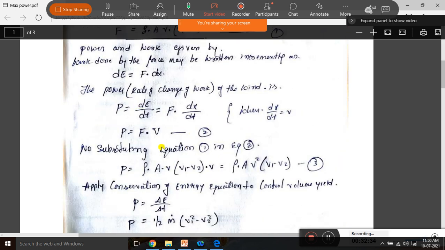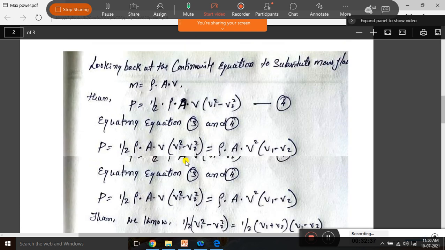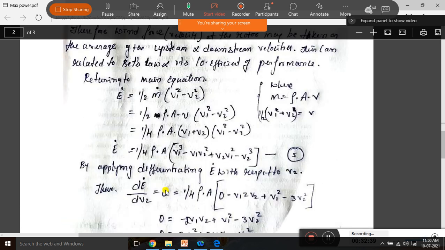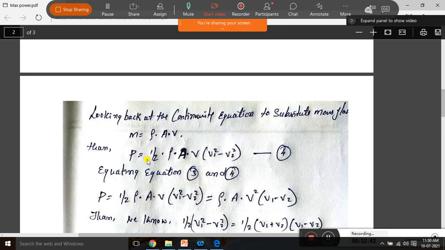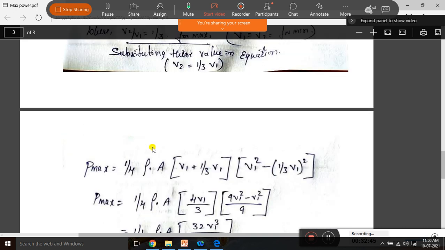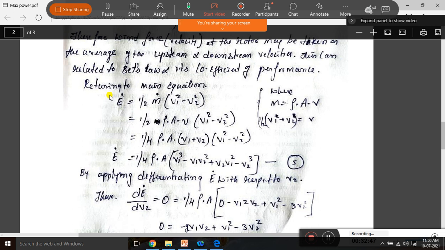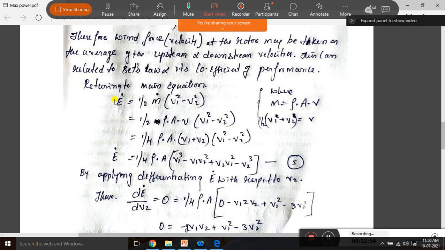Here, the same equation that we used, take this equation. I am going to use that same equation, and E dash is equal to the change of work done, which is equal to half of mass into velocity v square, and that we can write. We just substitute the same values here. So v means it's half of (v1 plus v2), so 1 by 2 becomes 1 by 4 rho A, and instead of v, we put this value v1 plus v2, and you just multiply this.